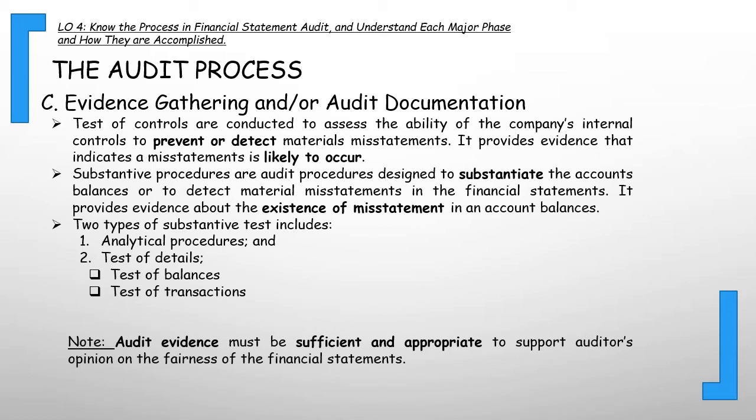Then, yung test of transactions naman, examination of transactions which give rise to ending balances of the accounts. So, example dun sa audit of cash, instead na binavalidate natin yung balances, ang gagawin natin dito is ini-examine natin yung cash receipts and cash disbursement transactions. Okay? In reality, ang ginagawa namin, in practice, is combination of the two. Depende sa kung gaano ka complex yung transactions. Okay.